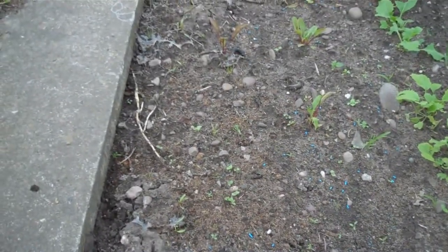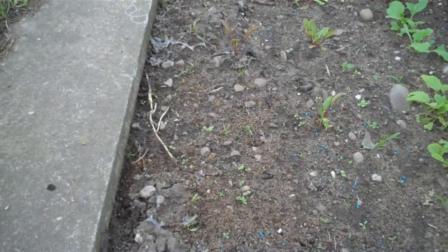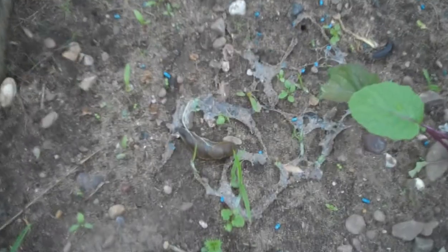I don't know whether you can see on this side, all the way along there, they're all coming up nicely, and out of the other row, just one, two came up. You can see slug pellets are doing their job,